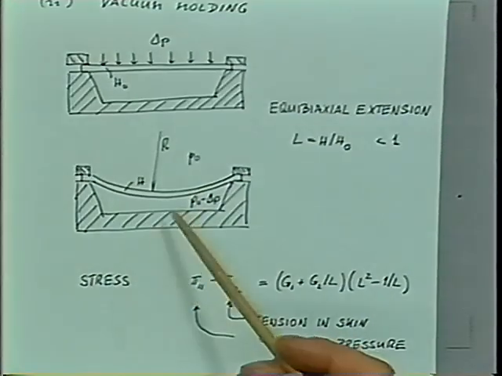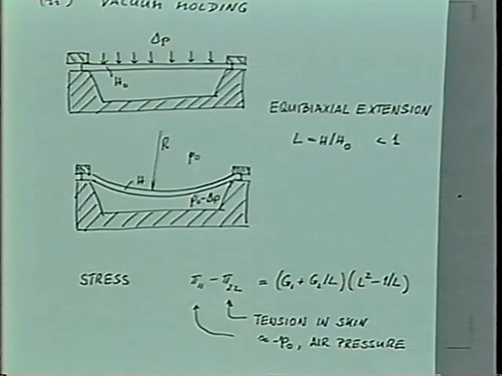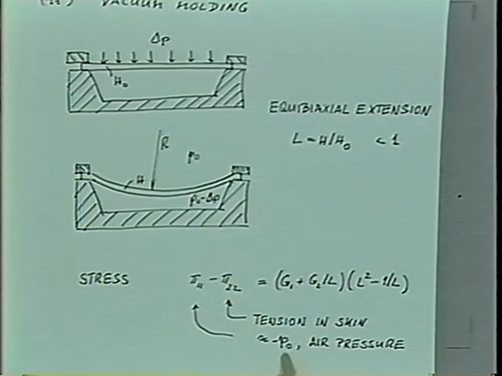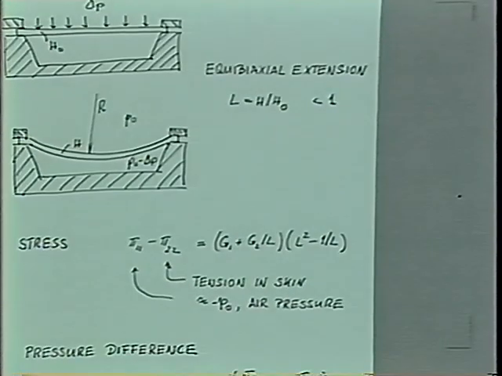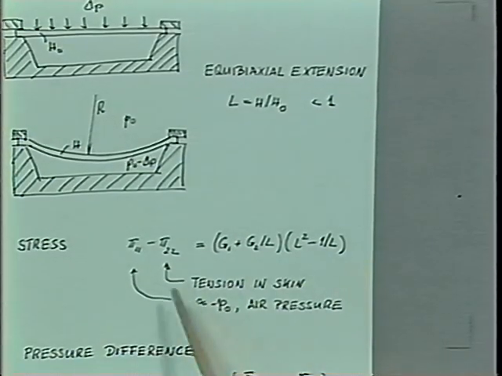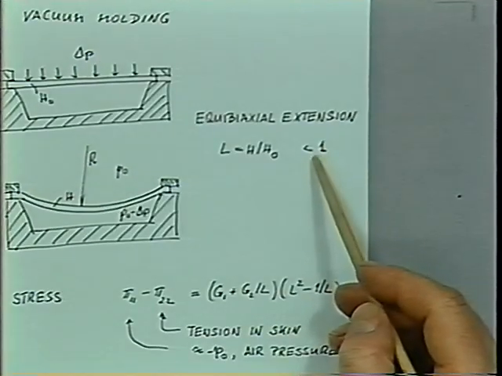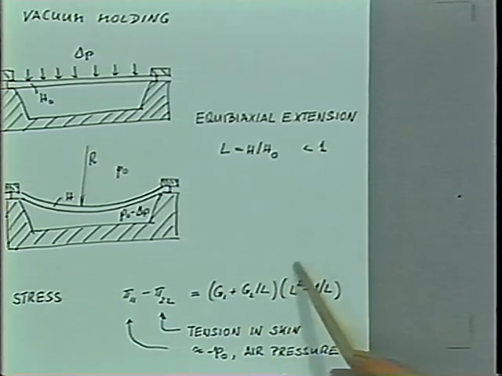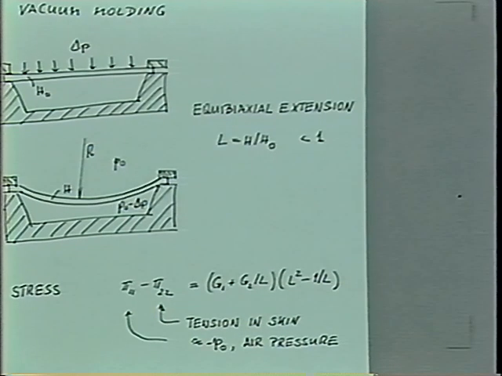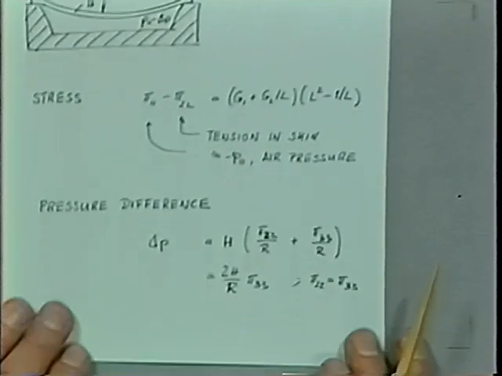Turns out the air pressure is pretty much the same on both sides. You don't need very high pressures. So it is close to minus pi 0. And now pi 2,2 we know is a tension. The question is, is this positive? And you can see that this is positive because this term here will be negative if L is smaller than 1, and we have minus pi 2,2 equal to a negative term. So pi 2,2 is positive, and is a tension in the skin,